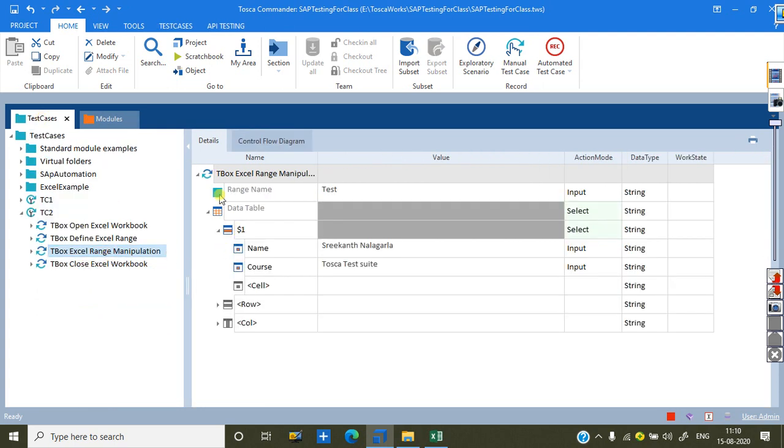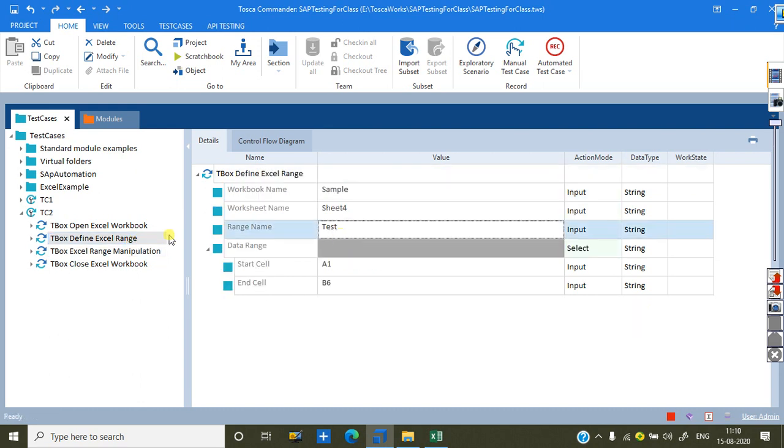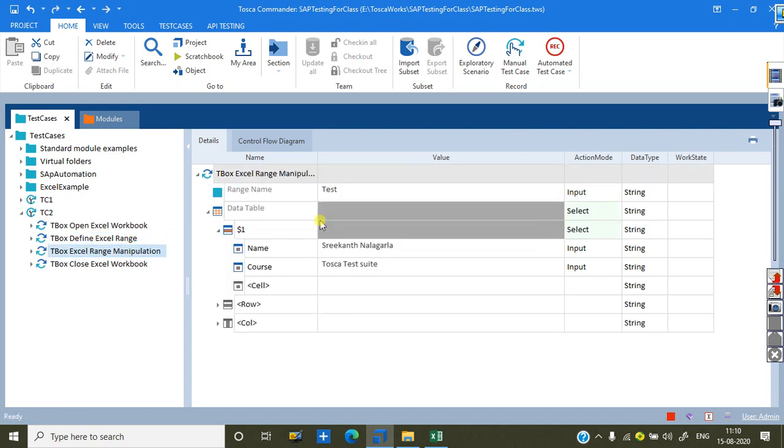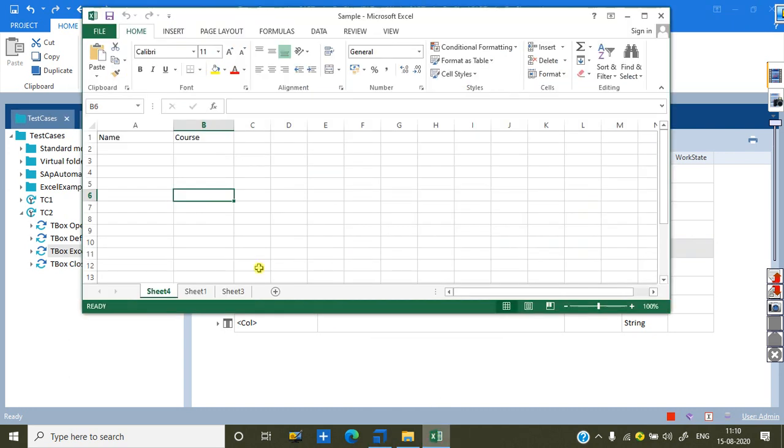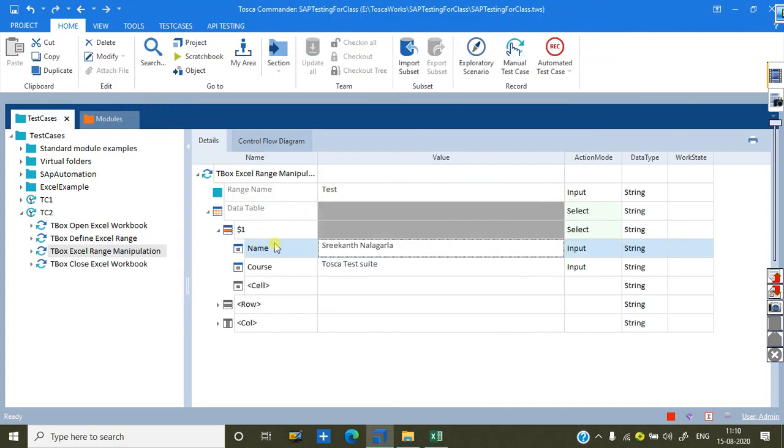Now see, when you take the test name, whatever name you wrote in Define Excel Range in this situation, the same name you need to provide here also. After providing that, you can give the name column you want to enter in the Excel. This is a name column, and this is a course column. Very simple.